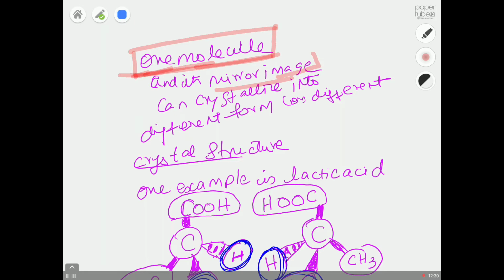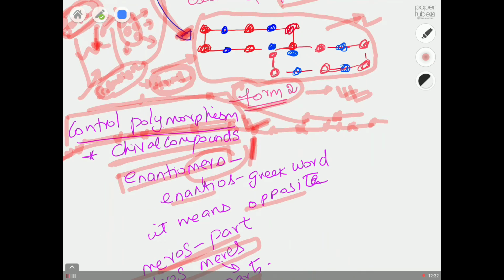If you want to put it simple, so enantiomers are some